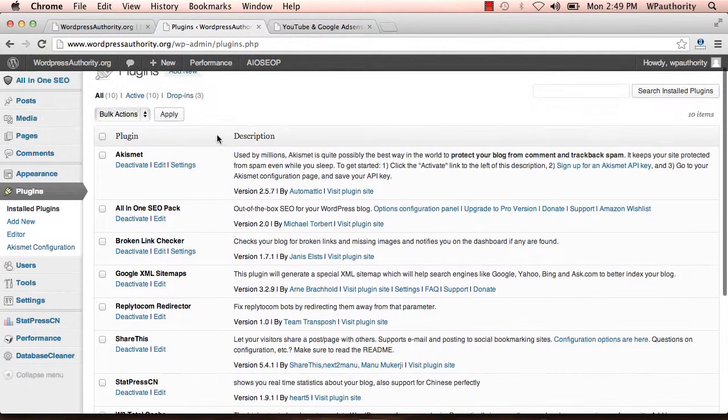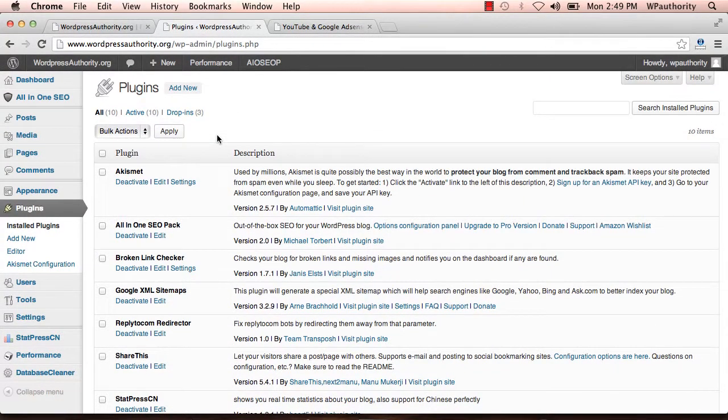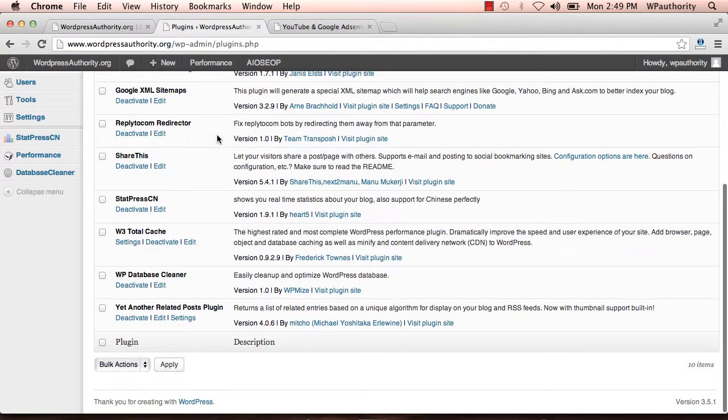So these are the 10 plugins that are required for any new blog. This list is not limited to these plugins, and you can add more plugins with your research, but these are the ones that are required. And going forward, I will add more chapters and tutorials on configuring each of the plugins that may look complex. For example, the All-in-One SEO Pack plugin and the W3 Cache plugin require a bit of configuration, which would be shown as a video tutorial in the coming days.